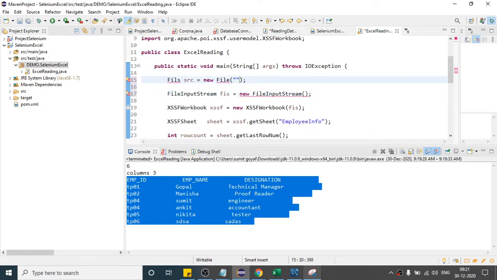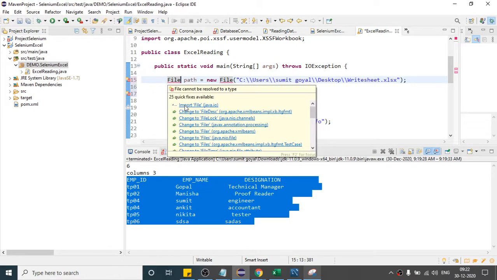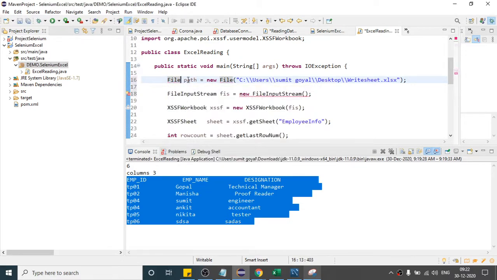First you create the File class object, place the file path here, and import the package, it is File. Once you import the package, you can also place this object here, so that will work in the same way.